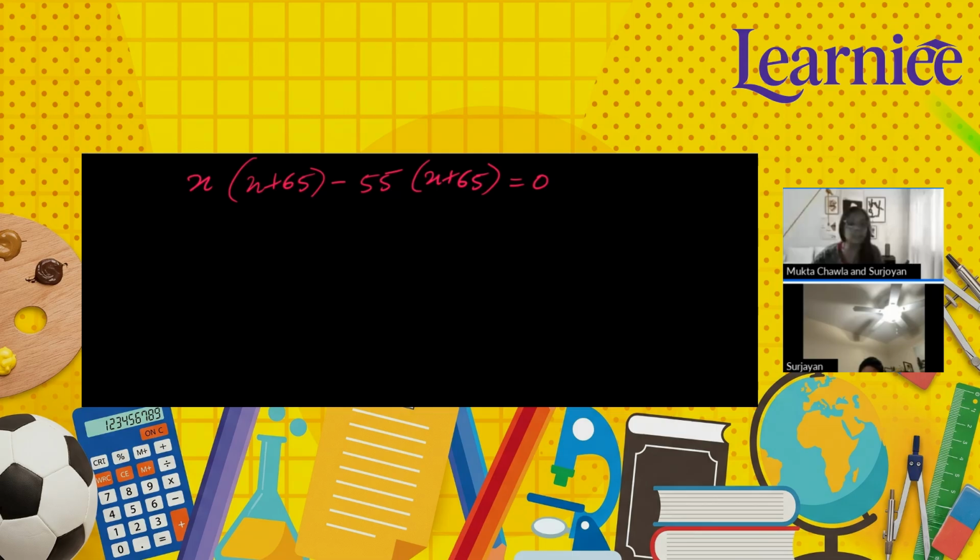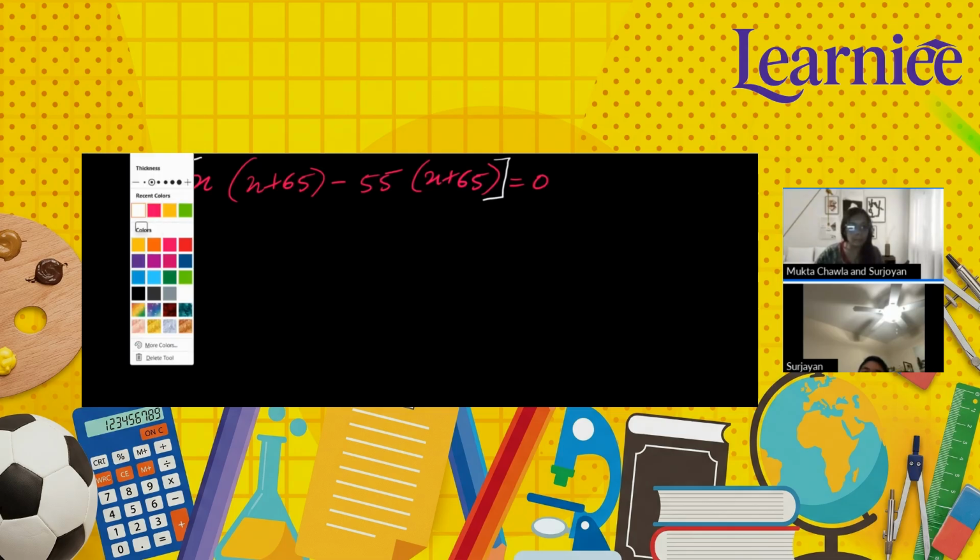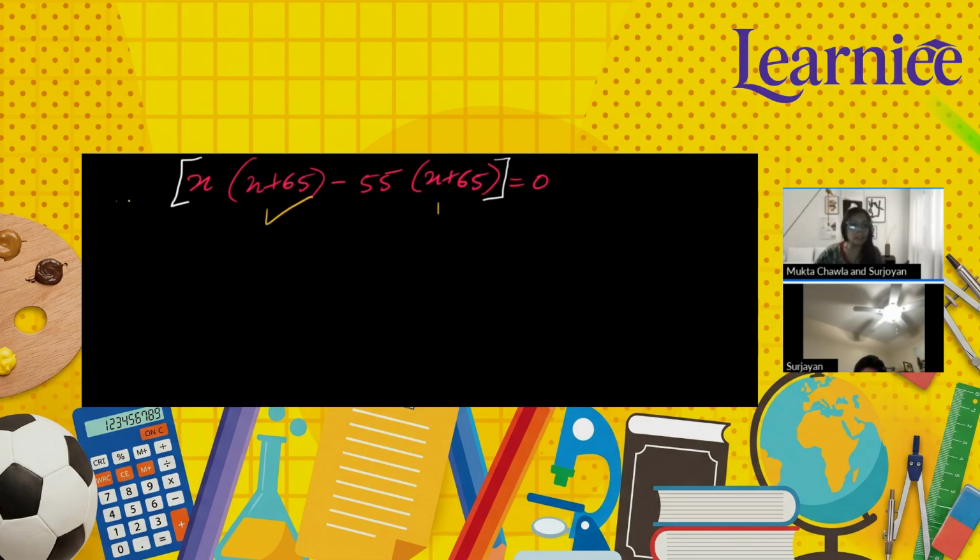Let me elaborate this, because you have put a very good question, right? Now see, if I put a bracket here, since we have to solve it with zero, we first need to take them together as a pair, right? Now you see what is common in this also. x plus 65, x plus 65. Are you getting that? Yeah. Now I have put all the values together in a square bracket, that is, I enclose them, right?